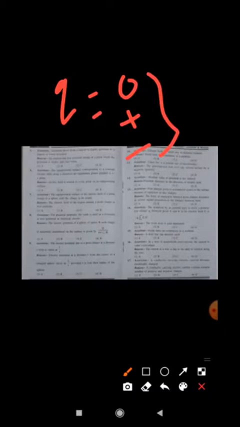But if you calculate the gravitational flux, as you know, in electrostatics we have the space around any charge, that is the electric field, and for that we write Gauss law of electrostatics. In the same way, the field around any mass is known as the gravitational field. That point we have already discussed in class 11th. So due to that gravitational field, we can also define the concept of field lines, and we can also calculate the flux, meaning the number of gravitational lines of force passing through any closed surface is known as the flux.